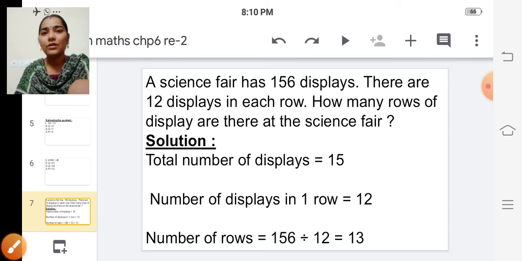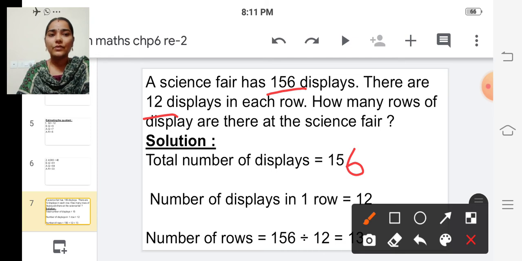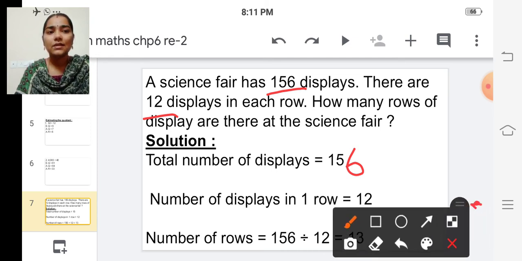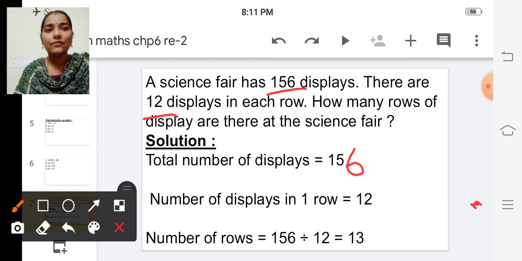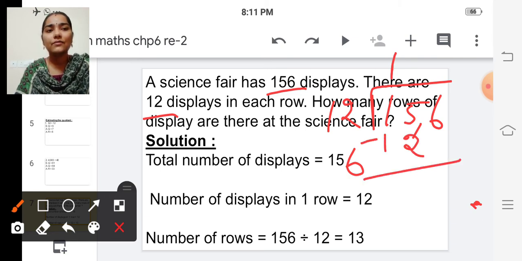So we have to divide the total number, this 156. Okay. So we have to divide 156 divided by 12. Okay. 156 divided by 12. So if we divide 156 by 12, take the first two digits, it is 15. So definitely 1 time will go. So 12, and if we subtract, 5 minus 2 is 3, 36, and 12 3s are 36.